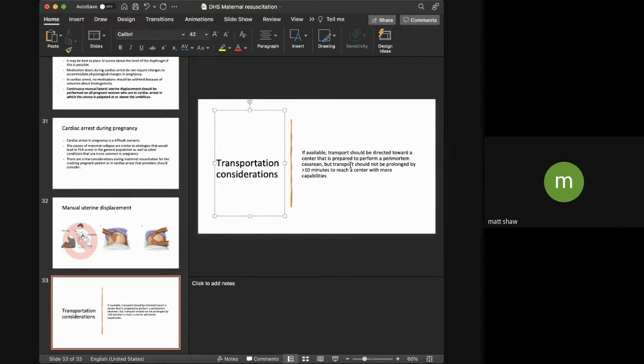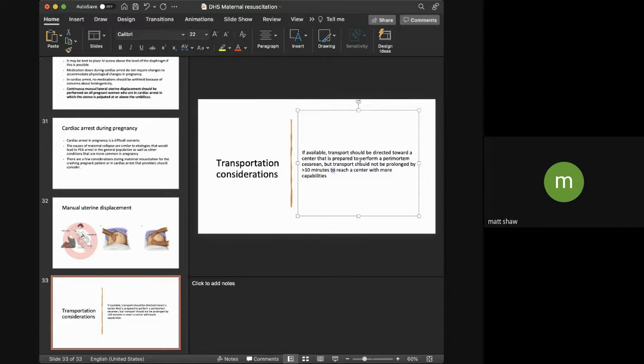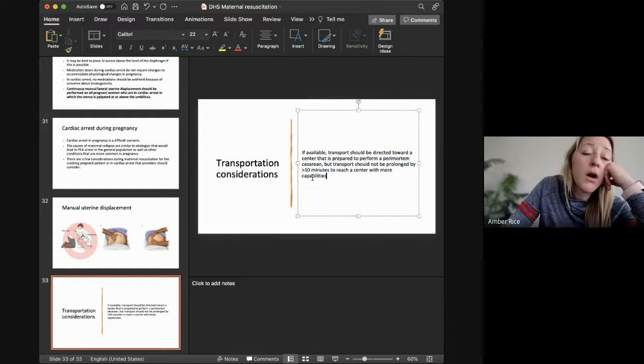So they might still be at high risk. They might be preeclamptic and seizing. In that case, it might be worth driving away from the standalone ER to a more specialized facility, or no. Yeah, I mean, this one is about cardiac arrest, though. Right, that's what I'm saying, maybe making it not specific to cardiac arrest. I don't know. I feel like people probably have protocols. Maybe we should just delete it.